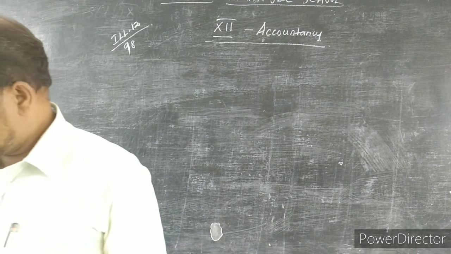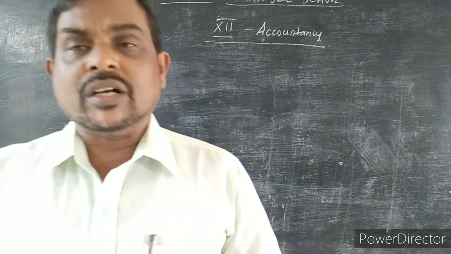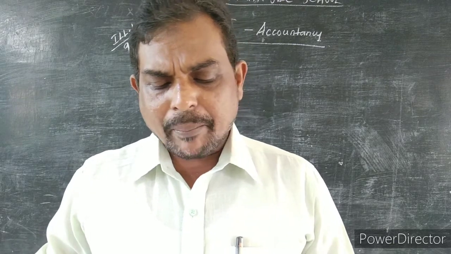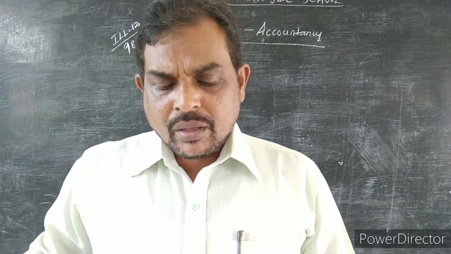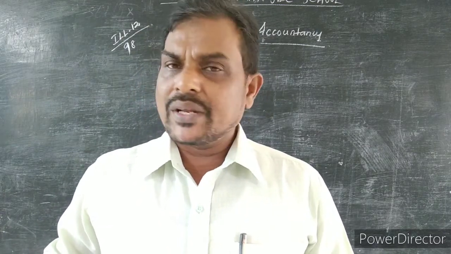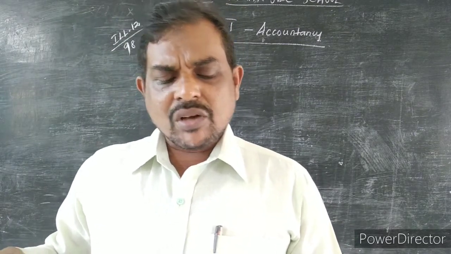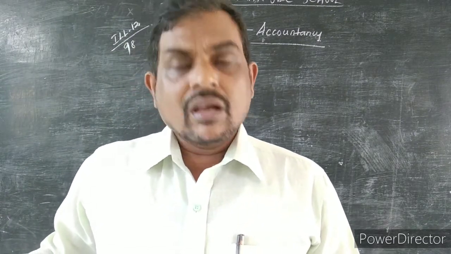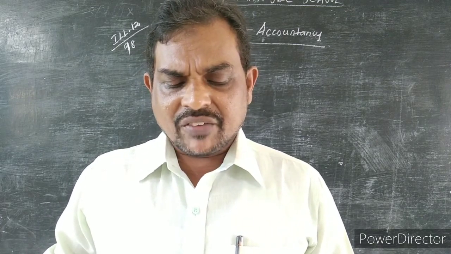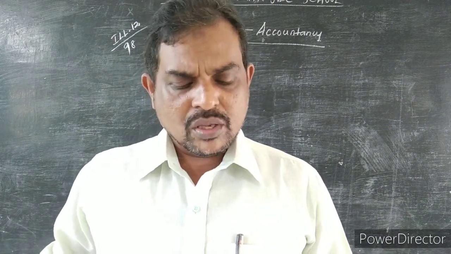Listen, my dear students. Arun is a partner in a partnership firm. As per the partnership deed, interest on drawings is charged at 12% per annum. Arun is a partner. Okay. For the amount he has taken, they charge 12% per annum. During the year ended 31st December 2018, he withdrew as follows.